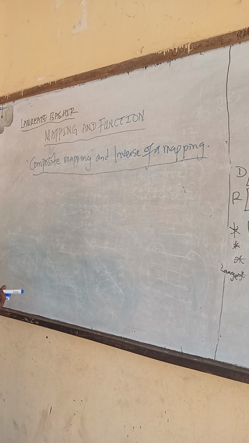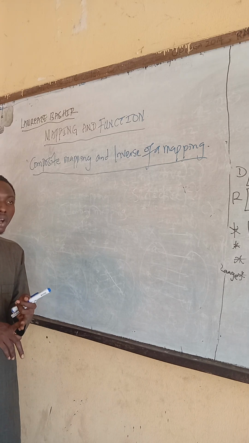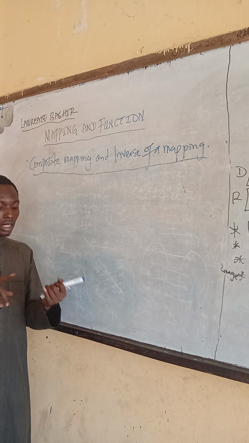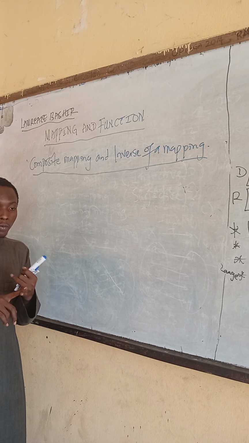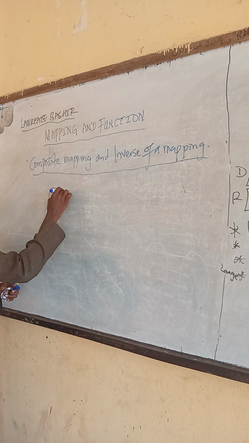From the word composite, what does it mean? It comprises two or more things. That's the meaning of composite. So a mapping is said to be composite if it comprises either a one-to-one mapping and an onto mapping, or two one-to-one mappings. Like what I'm saying is that your mapping can be composite if, number one, you're having